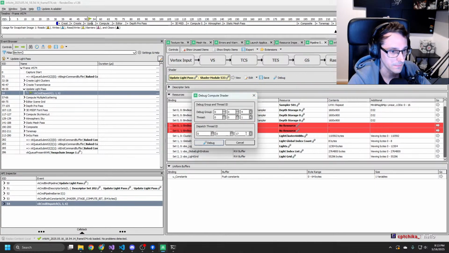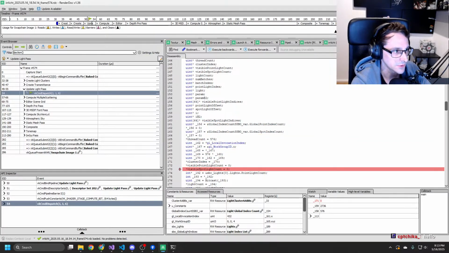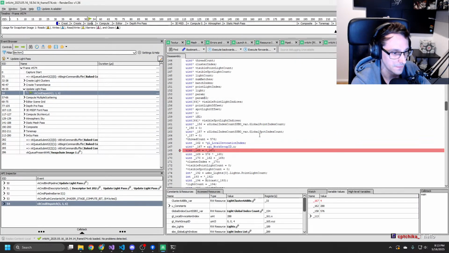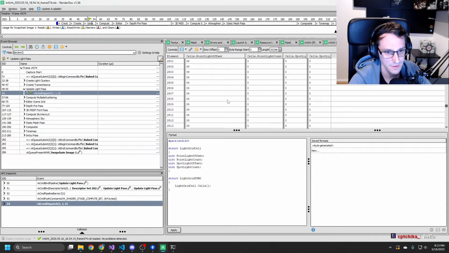Debug, yeah. Too much, but not by a lot. 2592, that's perfect. I think that's again the one where we have an index, right? Yeah.